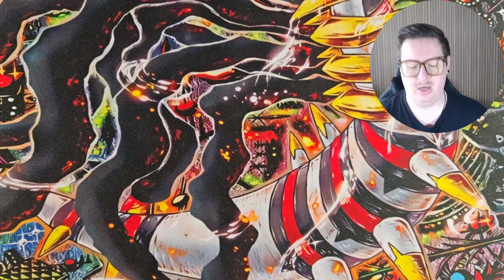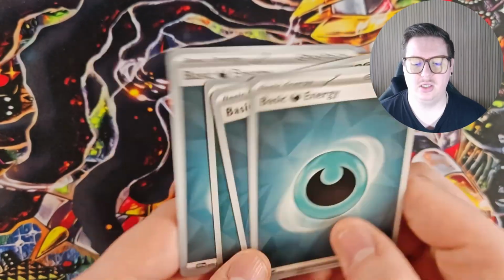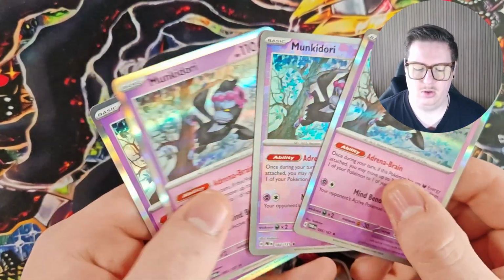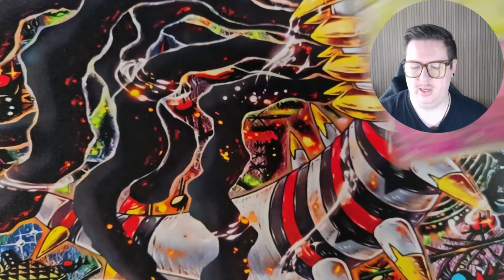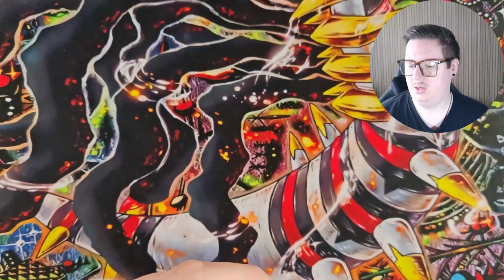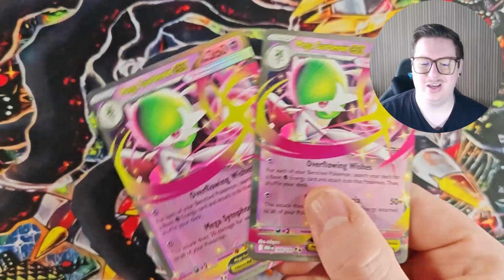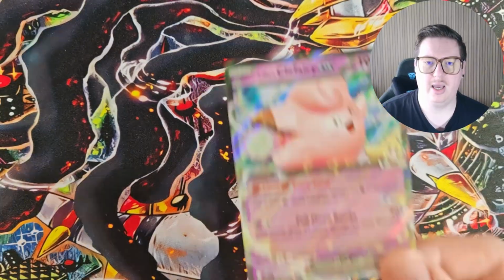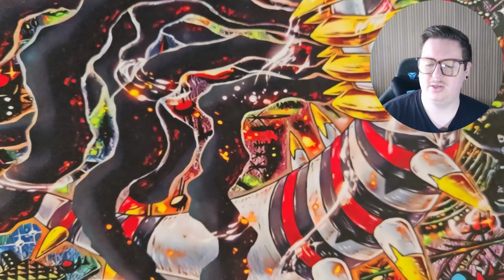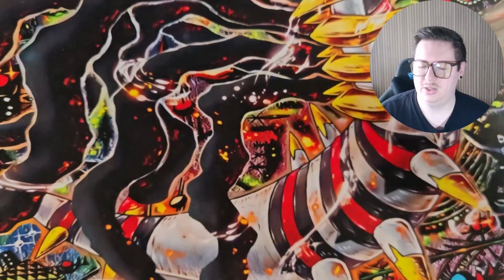So this deck is going to be made up of 7 Psychic Energies, 4 Dark Energies, a Scream Tail, 4 Munkidori, 2 Kirlia, 4 Ralts, 2 Gardevoir EX, 2 Mega Gardevoir EX. Absolutely love these latest Mega half art EXs. A Latias EX, a Mew EX, a Lillie's Clefairy EX, Fezandipiti EX, Nest Ball, Counter Catcher, 3 Lillie's Determination, 2